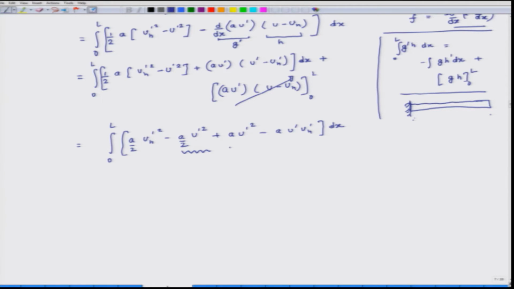So, this term and this term when I add, I am left with 0 to L a by 2 u h prime square minus 2a u prime u h prime plus u prime square dx. Okay. So, this is equal to 0 to L a by 2 u h minus u prime